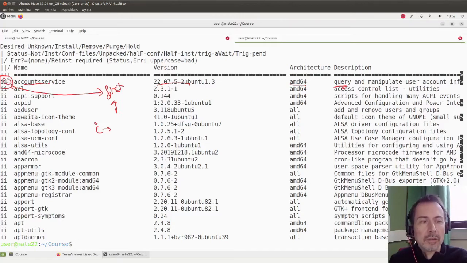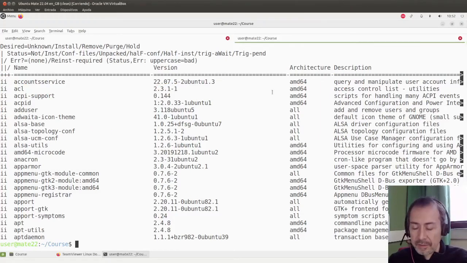The second tells us the current state of the system. If we have an A, it means that the package is installed on the system. So what we have here, in almost all the cases, is two A's, because we want the package installed and the package is installed. But if we take a look at the TeamViewer